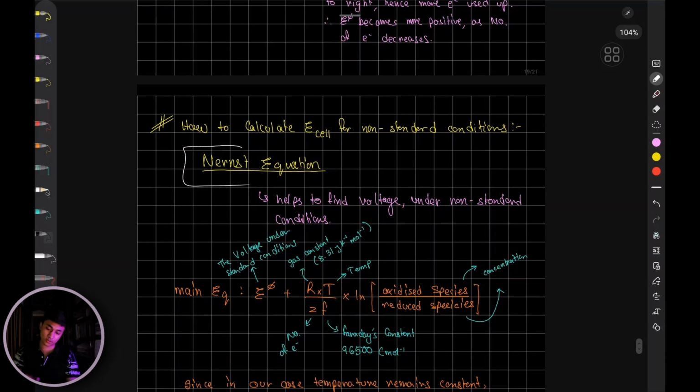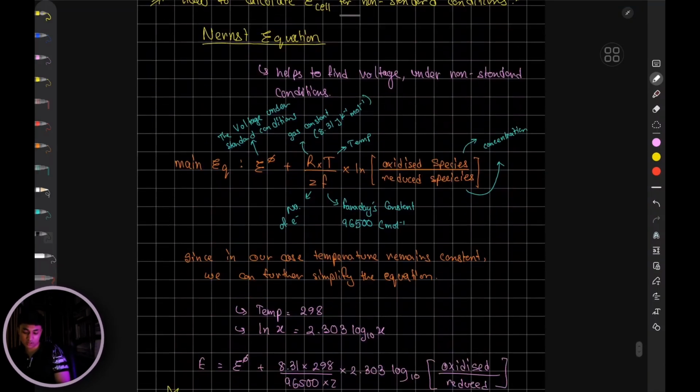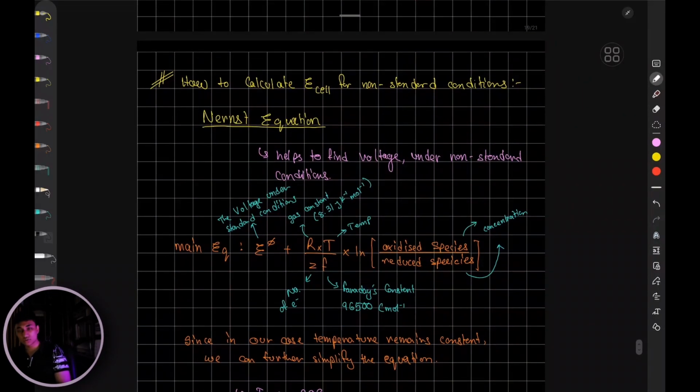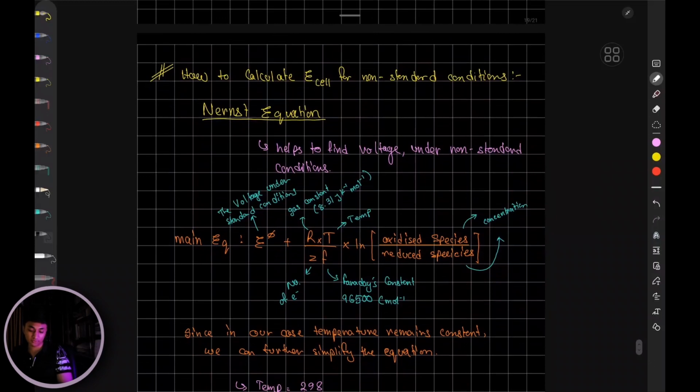Now to do that, we're going to use the Nernst equation, and this helps us find the voltage under non-standard conditions. So even if the temperature was changed, you would be able to calculate the change in electrode potential. However, they're going to keep the temperature constant, which is why you don't need to take that into account. So the formula for the Nernst equation states that the